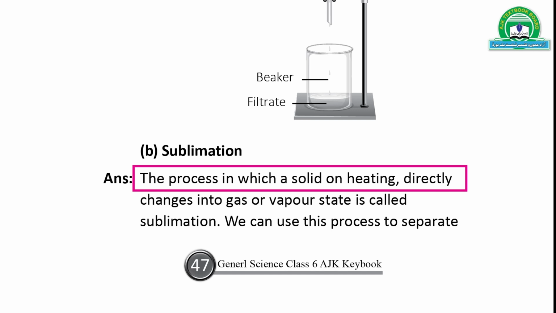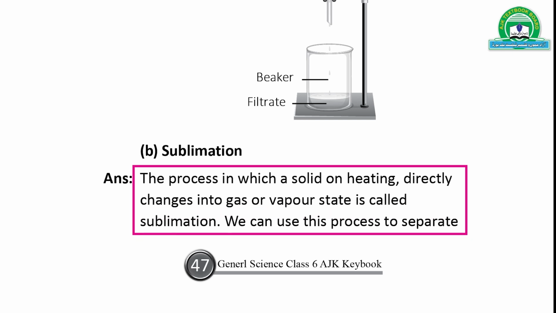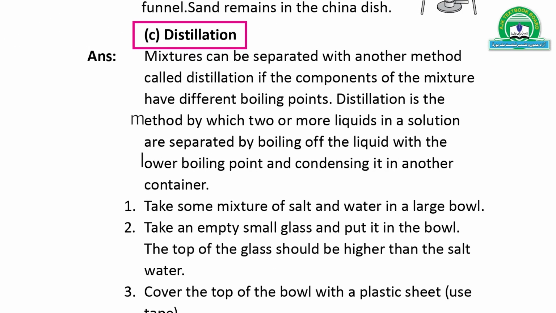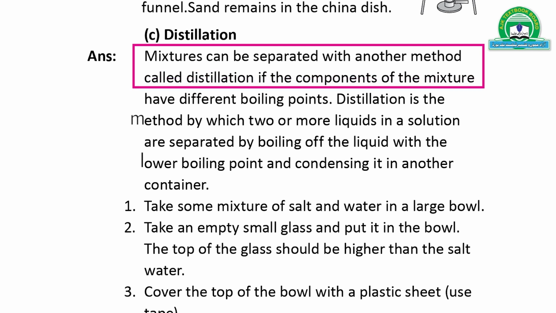Sublimation. The process in which a solid on heating directly changes into a gas or vapor state is called sublimation. We can use this process to separate the two components of a mixture if one component has the property to sublime. Distillation. Mixtures can be separated with another method called distillation if the components of the mixture have different